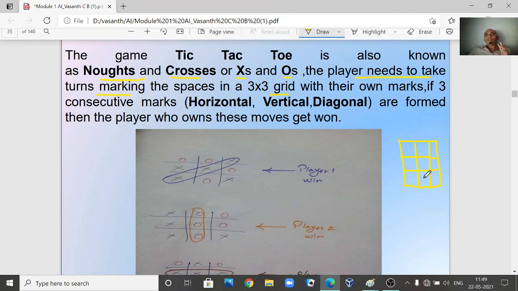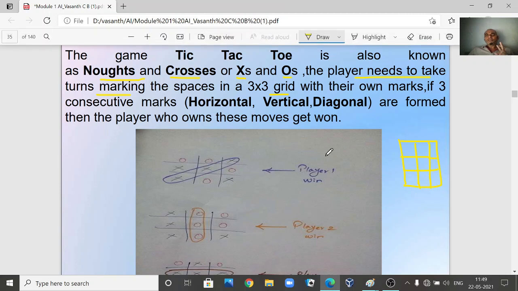Initially it is empty. Now there are two persons. The first person is going to use X, the second person is going to use O. Say for example player 1 will try to place his symbol in this board. X makes a move here.